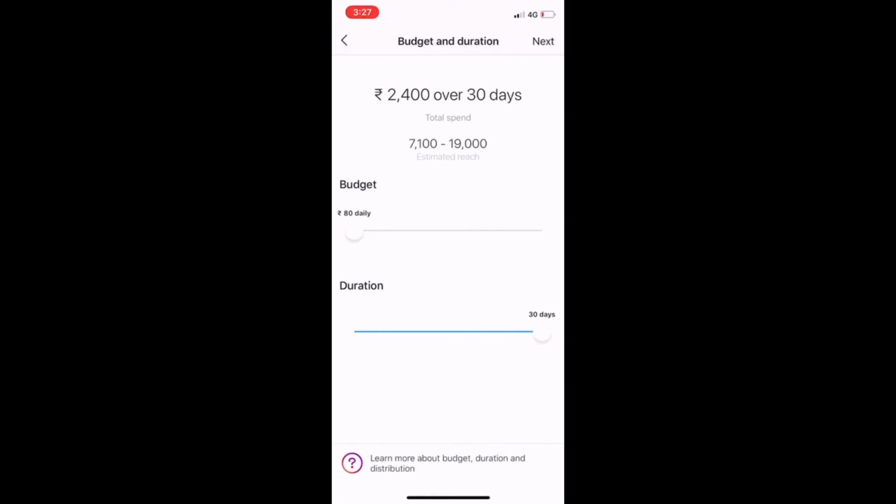One can choose 30 days as well, so it depends on the person what amount of money they want to invest in this. So this is a good way, people, to get a lot of exposure in the beginning, other than looping, because this gives you an immediate approach to random people. Okay, so I have chosen 80 and 10 days. Then I'll do next.